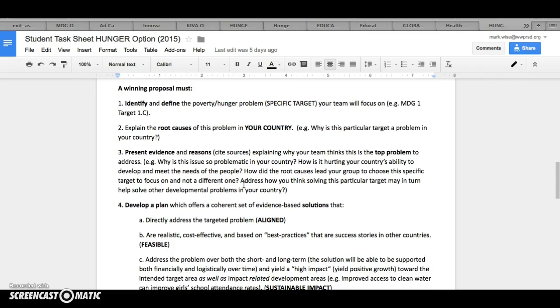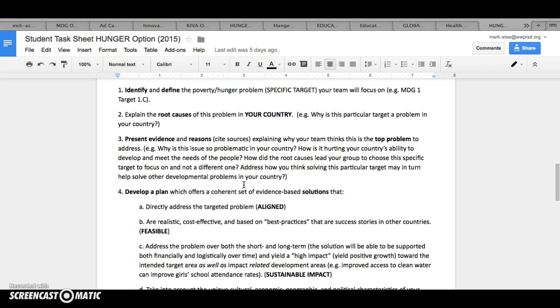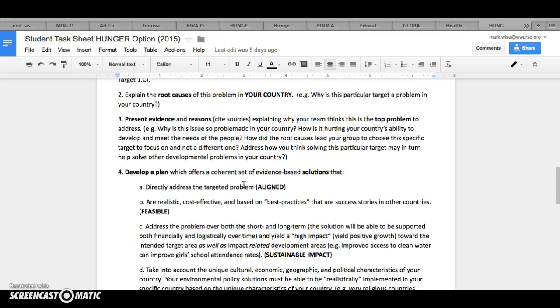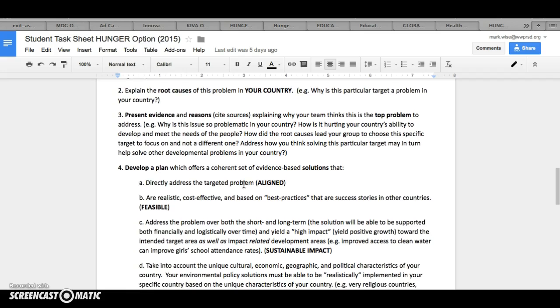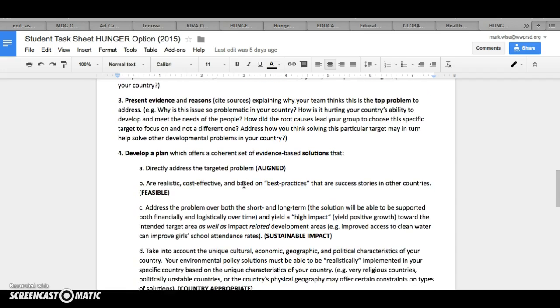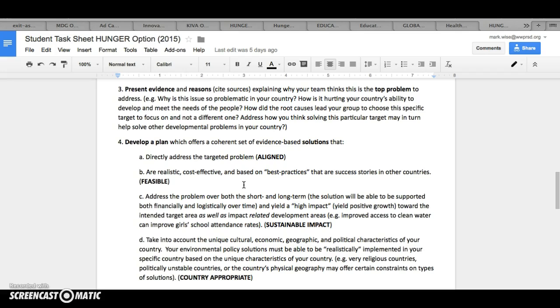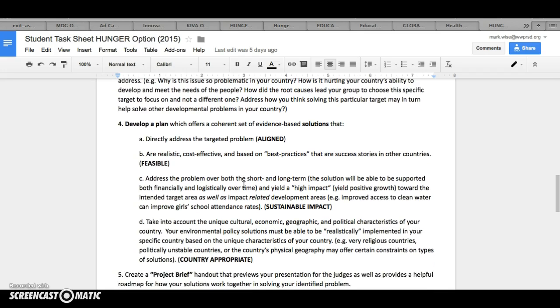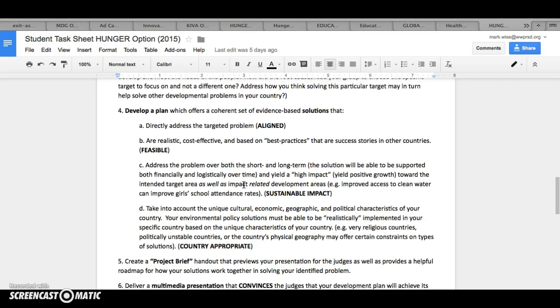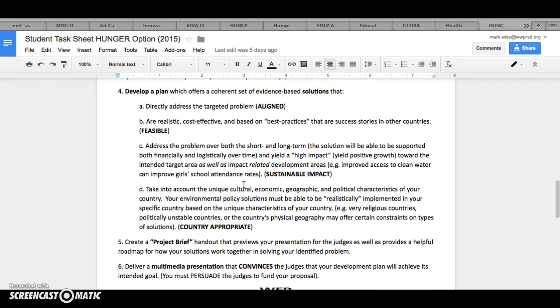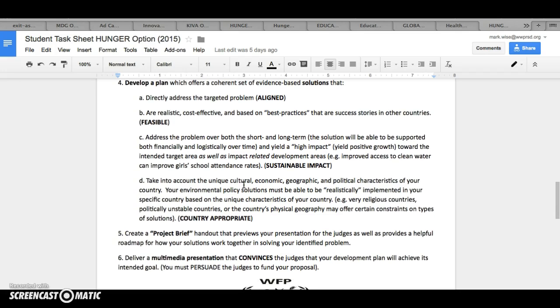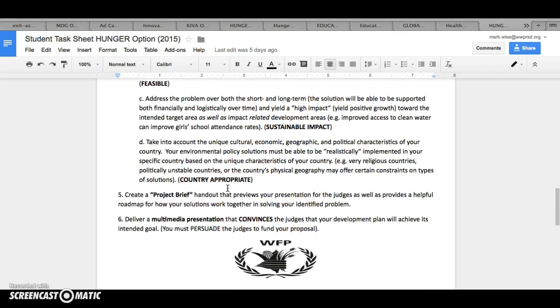You'll have to identify and define the poverty or hunger problem, explain the root causes in your country, and present evidence and reasons why you think this is the top problem to address. So what you'll do is you'll find an issue within the area of hunger and a country that's really struggling and develop a plan based on best practices and experiences that you've researched that will address this plan, that's aligned, feasible, sustainable over both the short and long term, and is country appropriate, meaning it makes sense for that particular